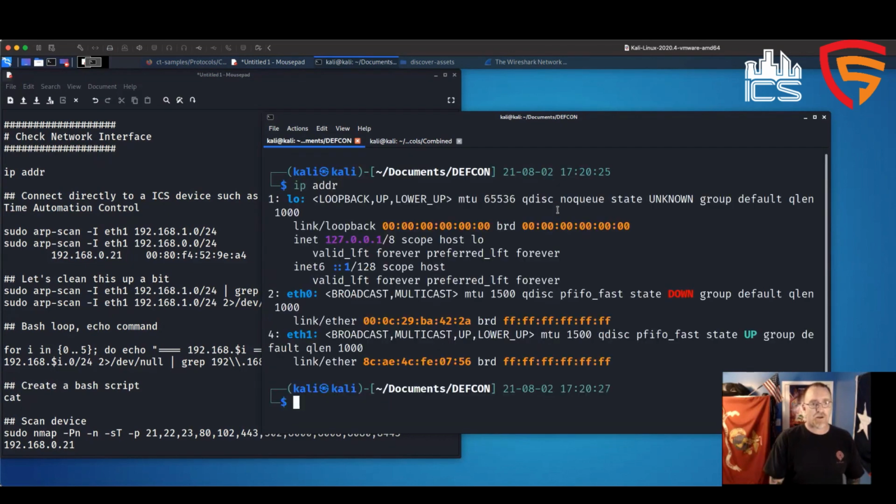So I'm going to start my analysis without having an IP address on my interface. I've got two interfaces here. This is a virtual machine, so I've got my Ethernet 0, which is bridged with my host operating system. That would possibly be connected to the internet, and so I don't want to connect my clients